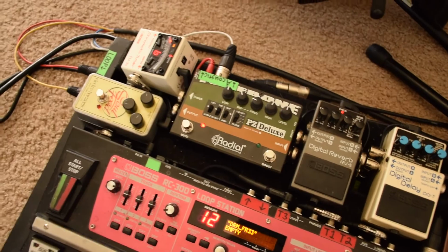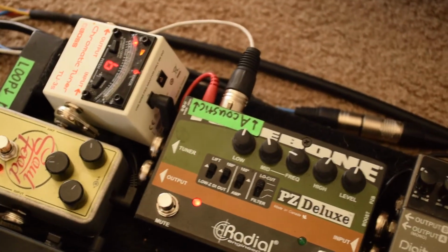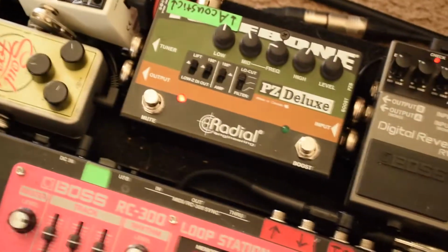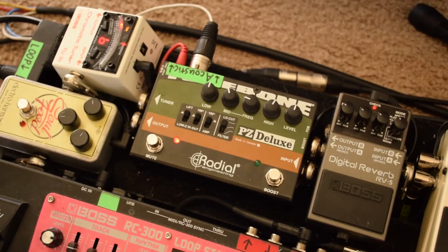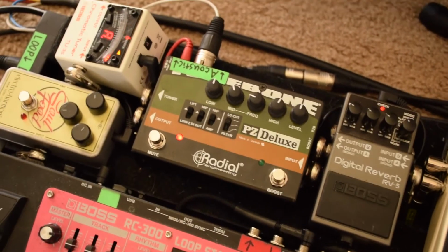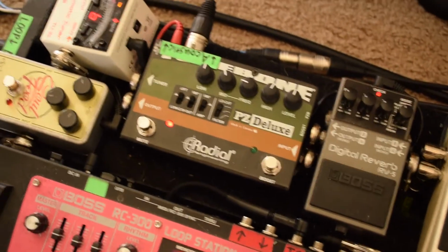So what this allows me to do is send, where it says acoustic there, a clean acoustic signal to the board. It's channel 2, the white cable. And it just allows me to mix it like an acoustic guitar and make sure that it's always sitting in the mix well, which I really like, and it keeps it separated from all the other craziness that is happening. So I have that sending an acoustic line straight to the board,